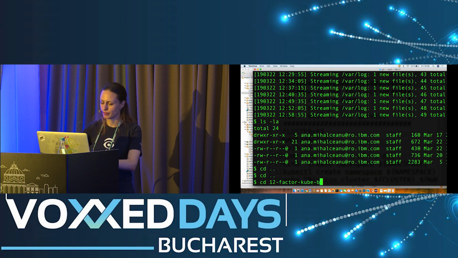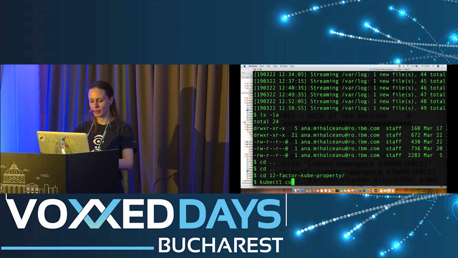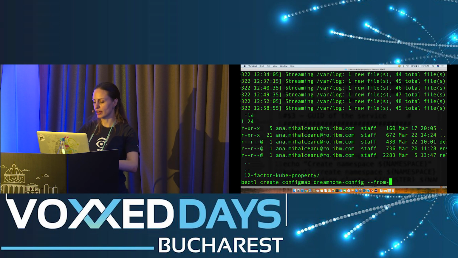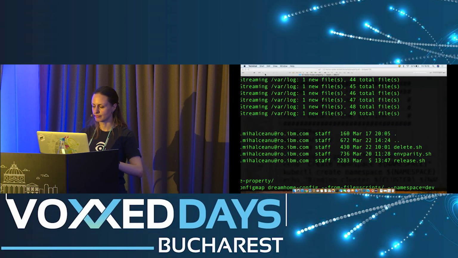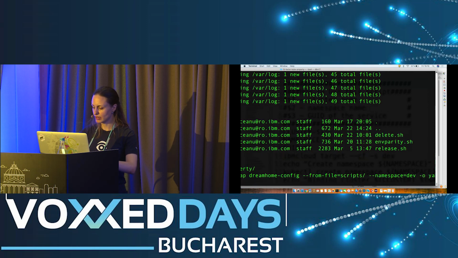Broker property. And I'm going to create a config map, dream home config, let's say, with the contents of my scripts folder. And I'm going to say from file, just give the name of the entire folder, to the namespace dev. And I want to see the contents of that config file